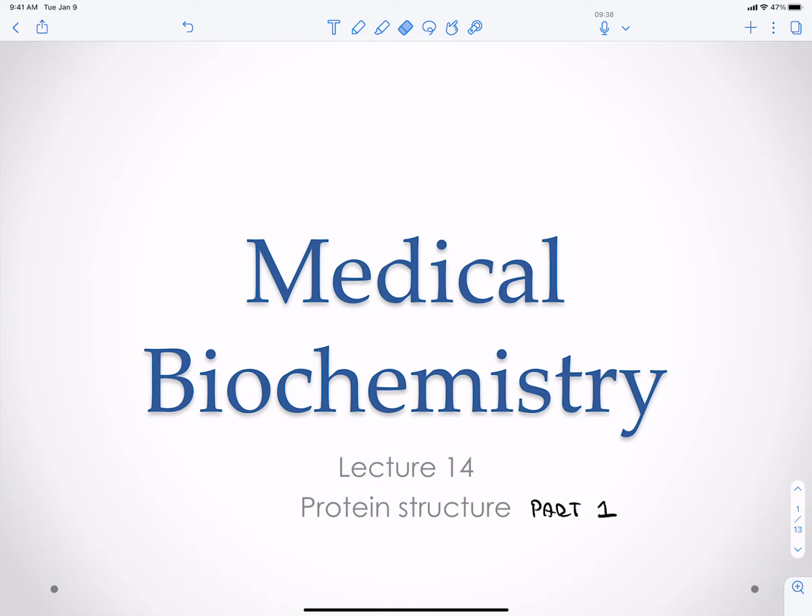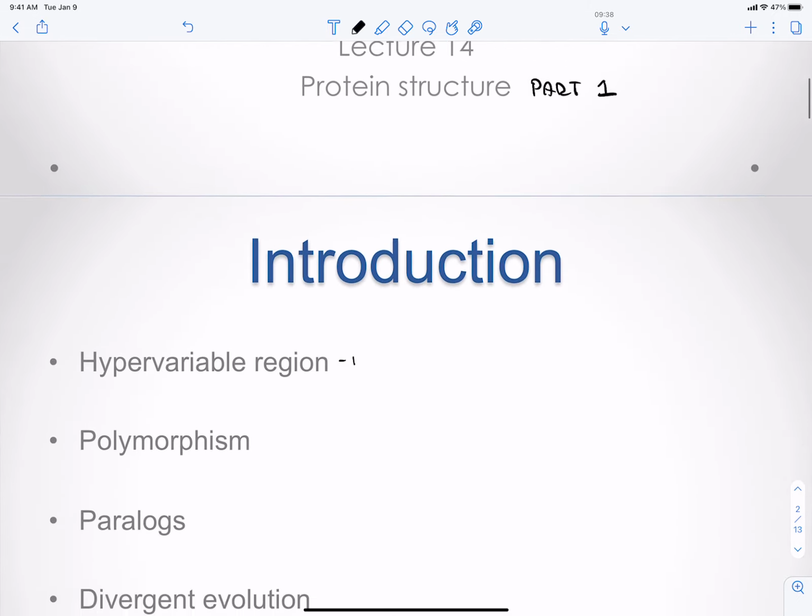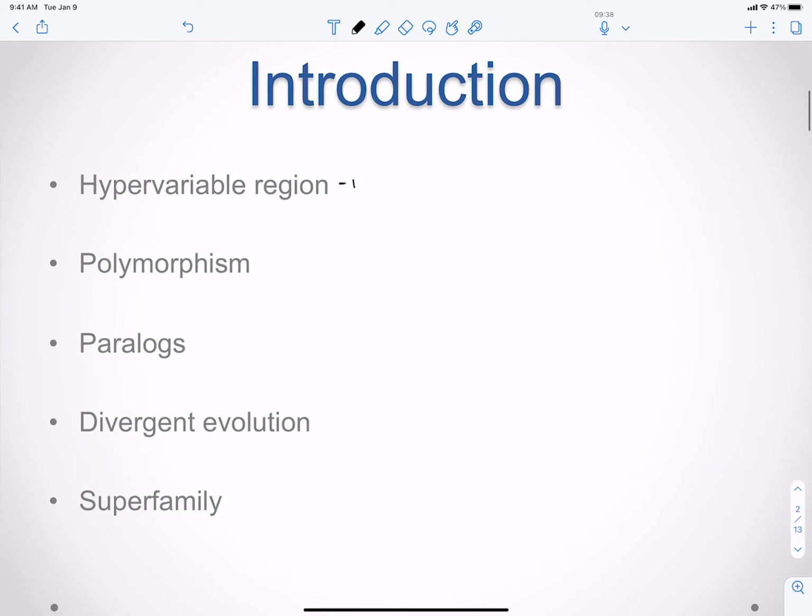Okay, so here we are going to discuss protein structures, and this is just the first part. We'll be discussing more about protein structures, but an introduction. So the first thing you have to talk about